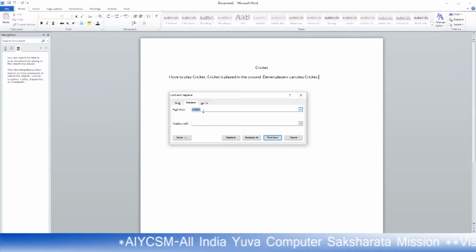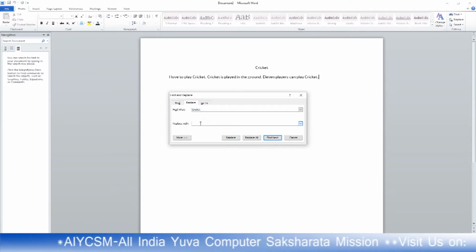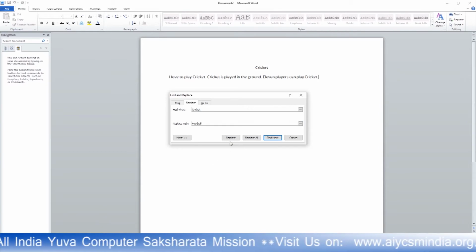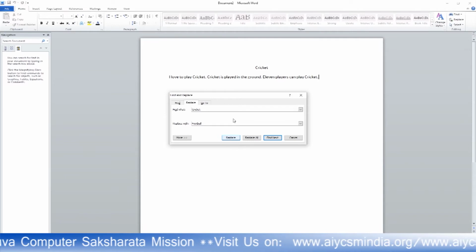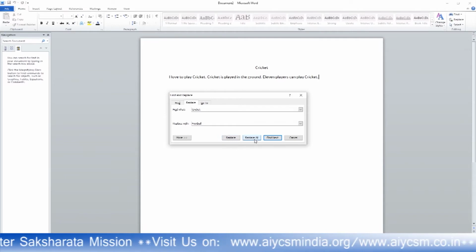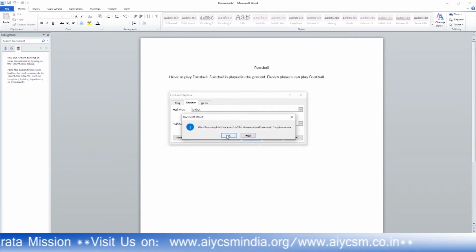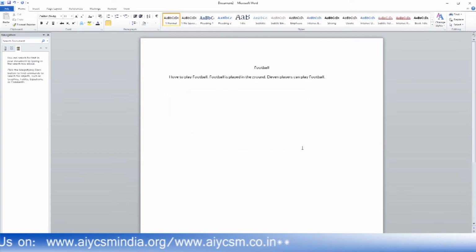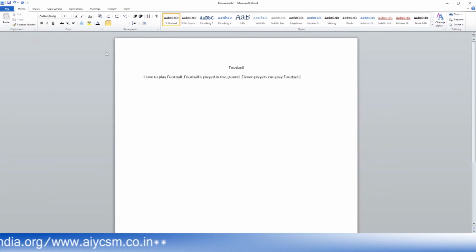Now I have to replace it. I have to click replace. Now I want to replace this cricket word with football, all the cricket at a time. If I click on replace, one by one it will be replaced. Now I click on replace all, and all the cricket is replaced with football. Where can you use it?